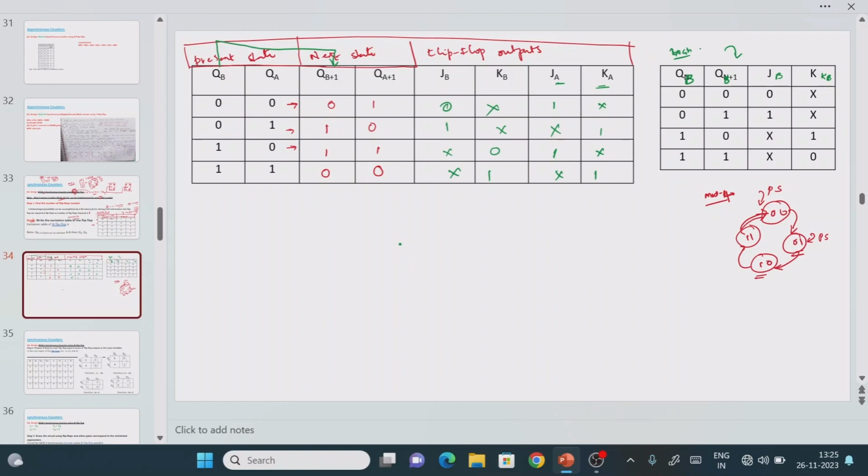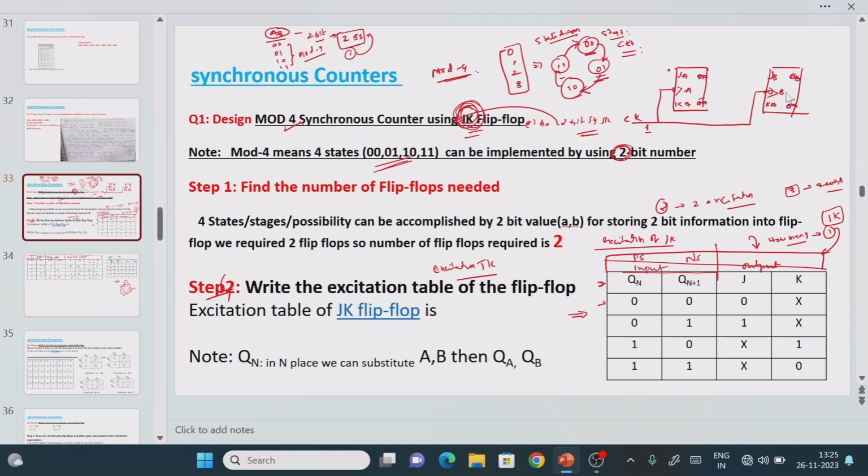Suppose for example, just to try to find the answer, suppose I have 3 flip-flops here, right? Now this is a single excitation table, right? So if you have 3 flip-flops, then how many excitation tables do we need to draw? 3. So what is the present state value you will be getting? QA for the first flip-flop, QB for the second flip-flop, QC for the third flip-flop. Once it is done, what is the next state value you will be getting? QA plus 1, QB plus 1. For the third flip-flop, QC plus 1. Now what is the output?